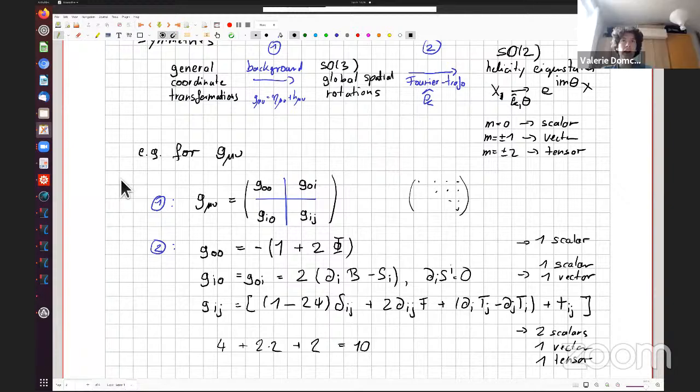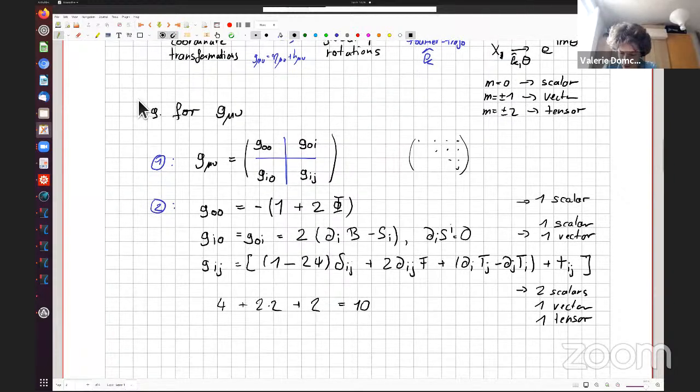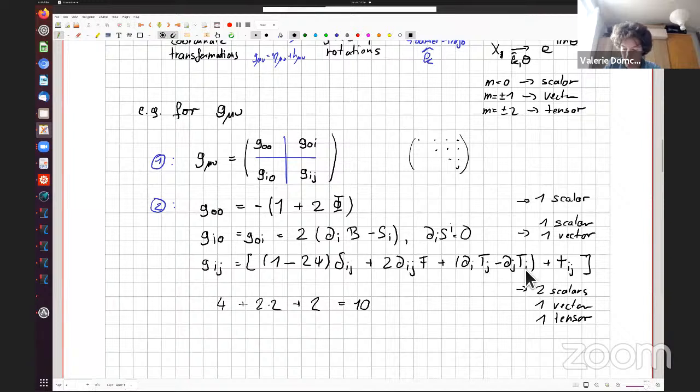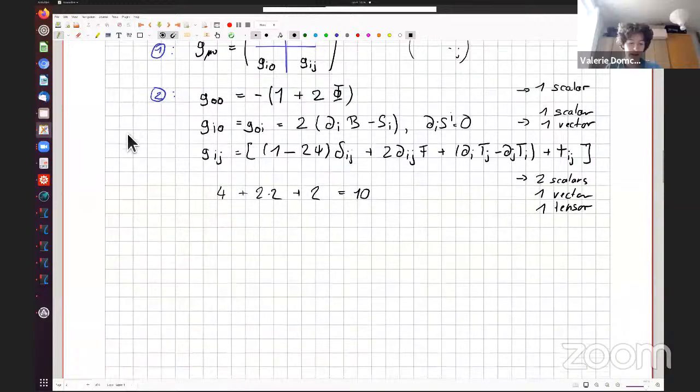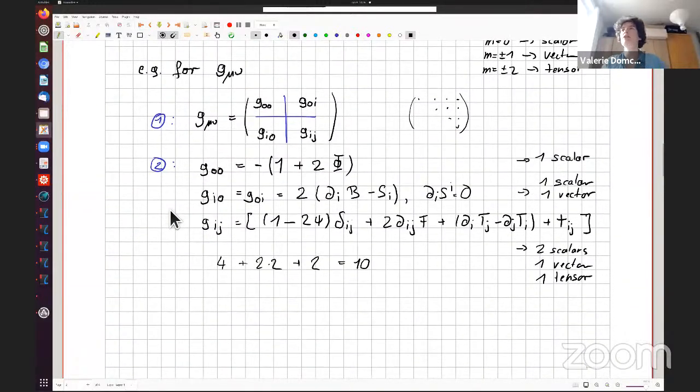Yeah, to briefly answer the chat, this is T_ij minus T_ji, so ∂_i T_j, ∂_j T_i. And yes, all 10 degrees of freedom are independent. Yeah, this is what creates the mess, right? Because if we have to actually treat 10 degrees of freedom, this is a quite complicated system. But the goal will be to reduce this.